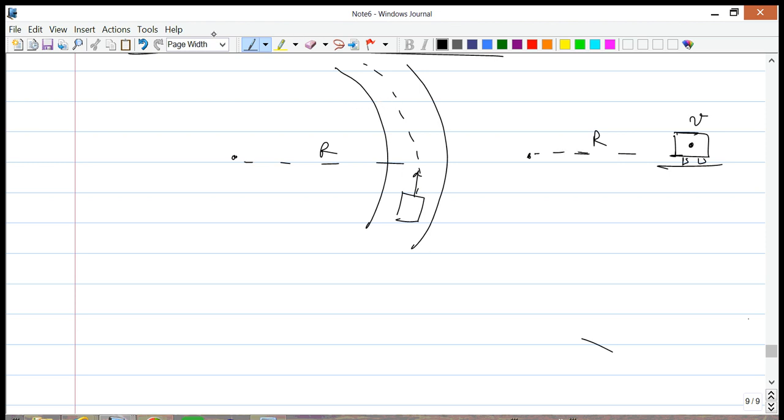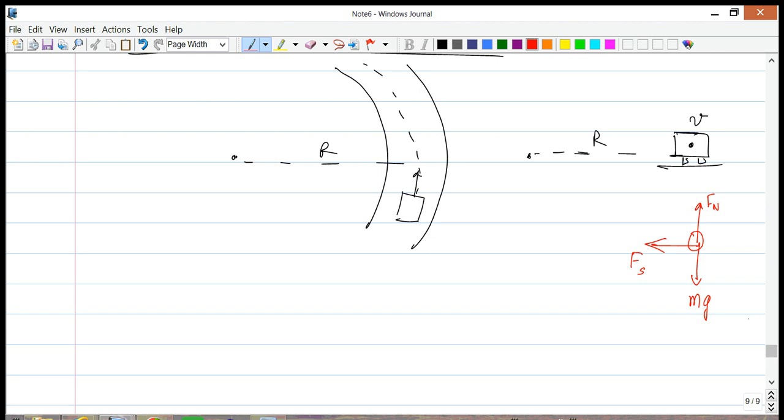And so now we can draw a free body diagram for this object. So we can use this side view as our perspective. Okay, and we have the block here. We have the force of gravity, which is, let's say, mg. The contact force is Fn, and we have the force of friction, which is towards the center. And that's very important. Remember this. The force of friction is towards the center of the circle, which is equal to F sub S.